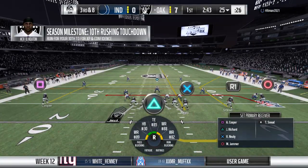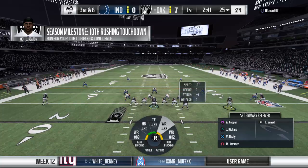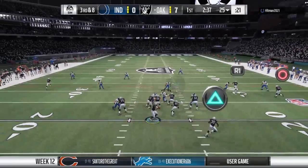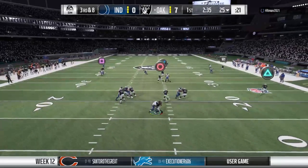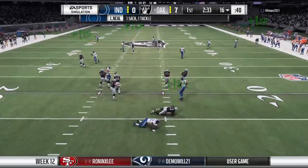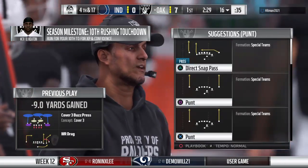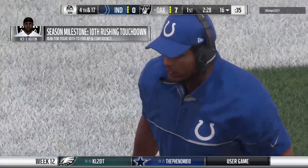Now let's go. 319. 319. Back to throw. Barron. And he'll be brought down by the Colts. Well, how about that? A dime set on defense, 6 defensive backs. None of them blitz. They're just...